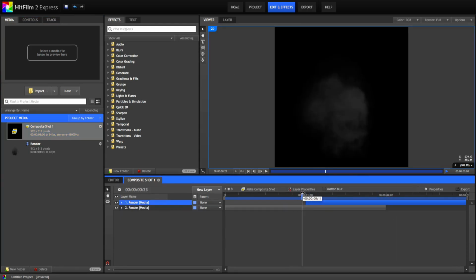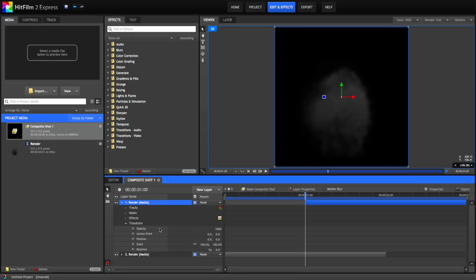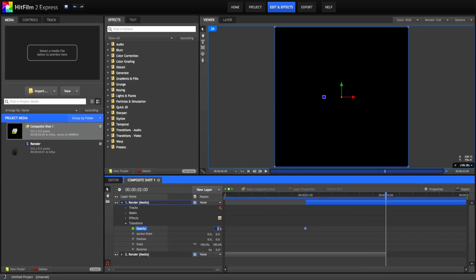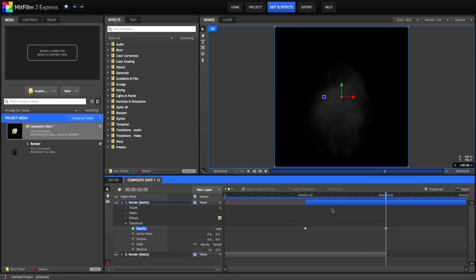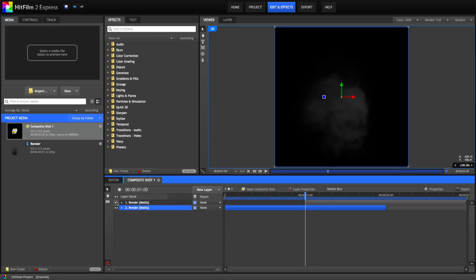Once you have that, we're going to start this one with a 0 transparency beginning, so you can't see it. And once we get to the end of this one, it will be 100% transparency, so we can see it. It's basically going to fade in. And what we need to do with the other one is get it to fade out. So just simply do the opposite.